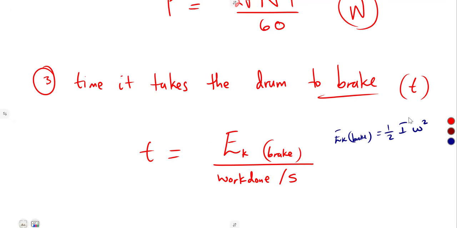So we've got the moment of inertia, we've got omega. Moment of inertia. Then we have got our omega there representing our angular velocity. Then we have got the work done per second,